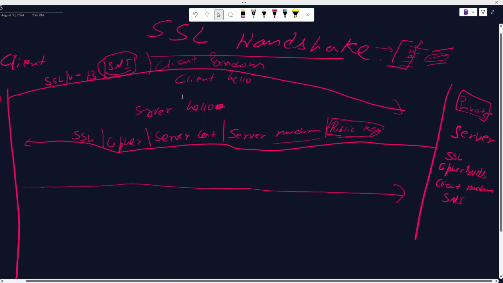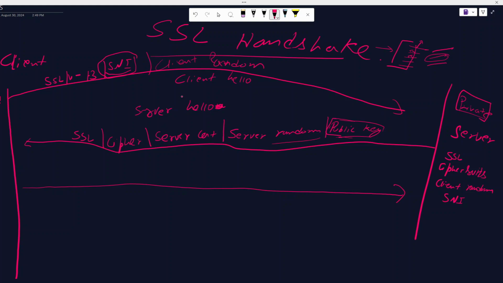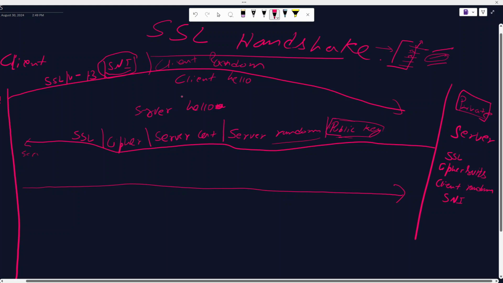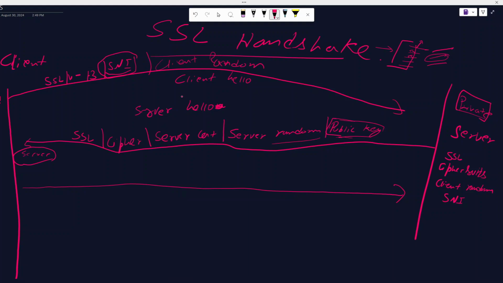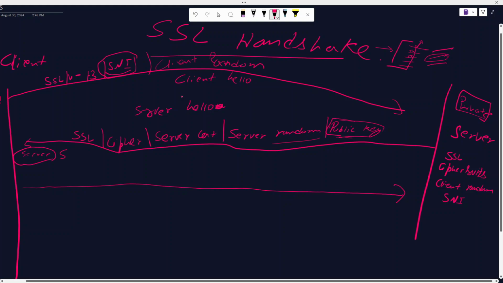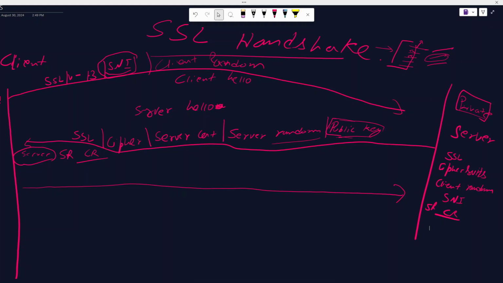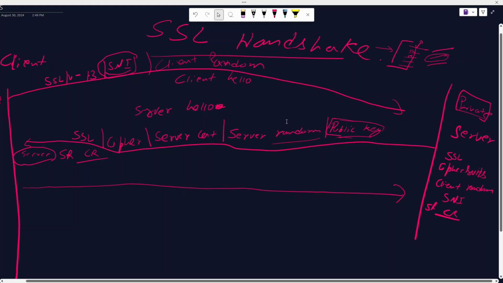Now, when this certificate reaches the client, the first step is that the client will verify the server certificate. I'll explain to you how the client will verify the server certificate after the handshake. For now, just keep in mind that the client will verify the server certificate. The client has both values, the server random and the client random, and the server also has the server random and client random. Okay. Now, after the client verifies the certificate,